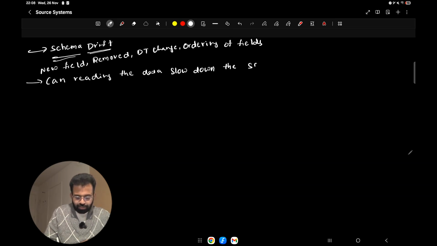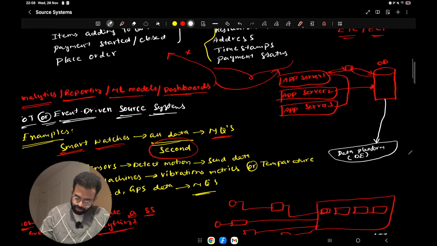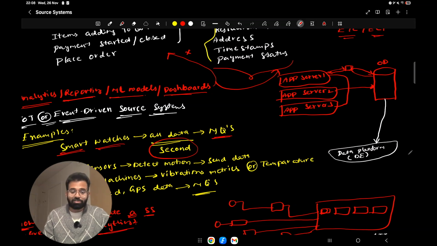Yes, it can. Okay. So yes, this is again one of the most common cases in production systems, especially where you have an application server and an operational database, so it can slow down the source system.